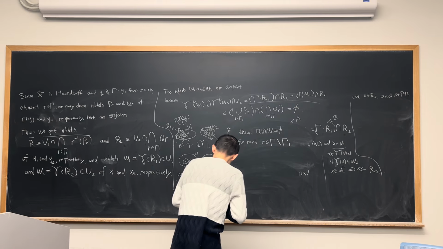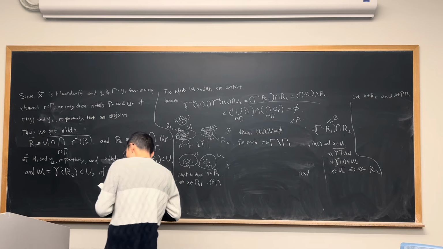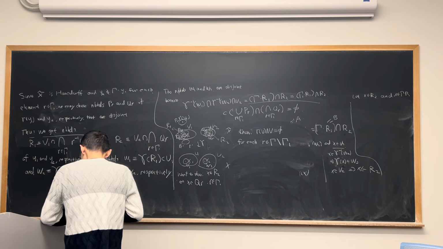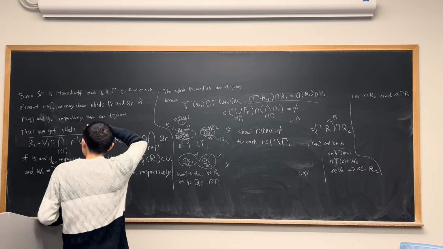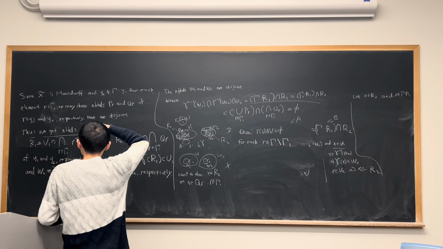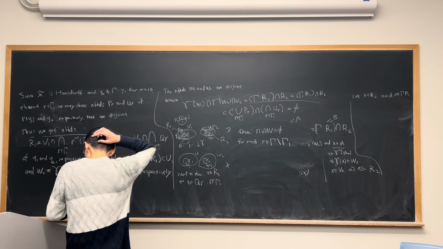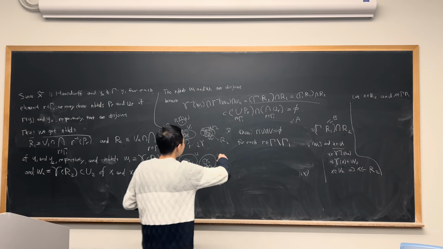So this gamma 1 is being defined to be the set where,